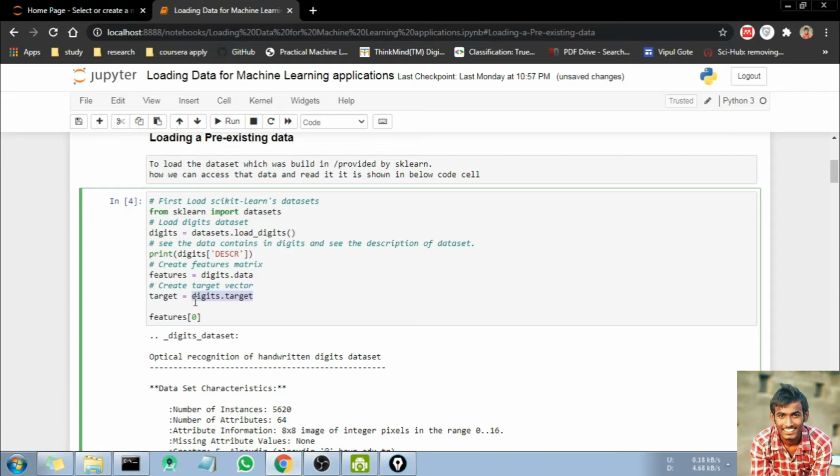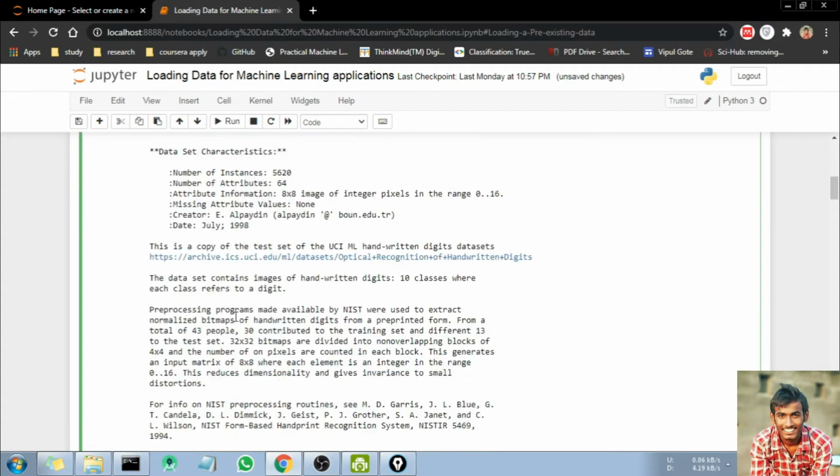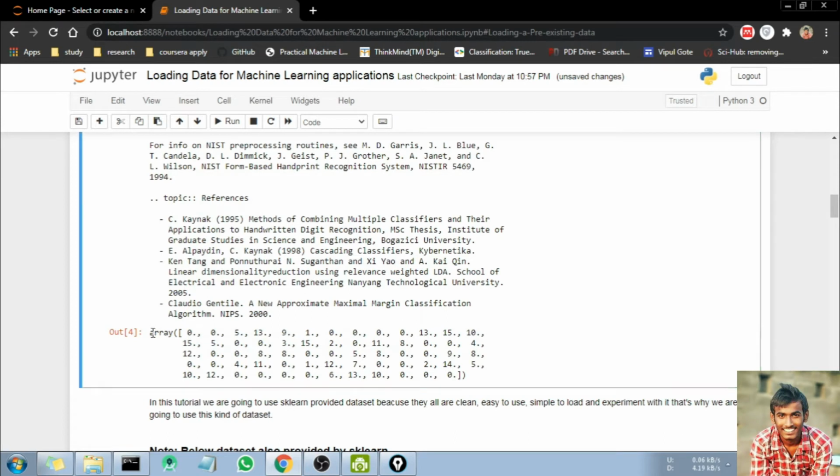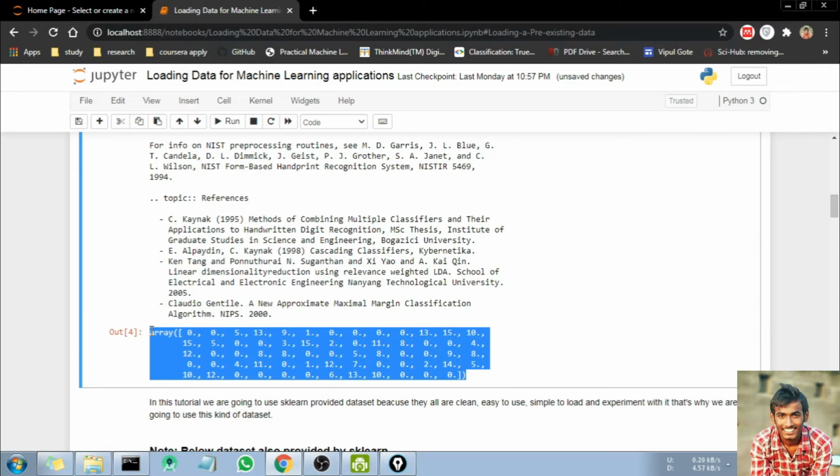We assign the data to the features variable and the labels to the target variable. Here we print the first row, the first example or first image from the loaded dataset.